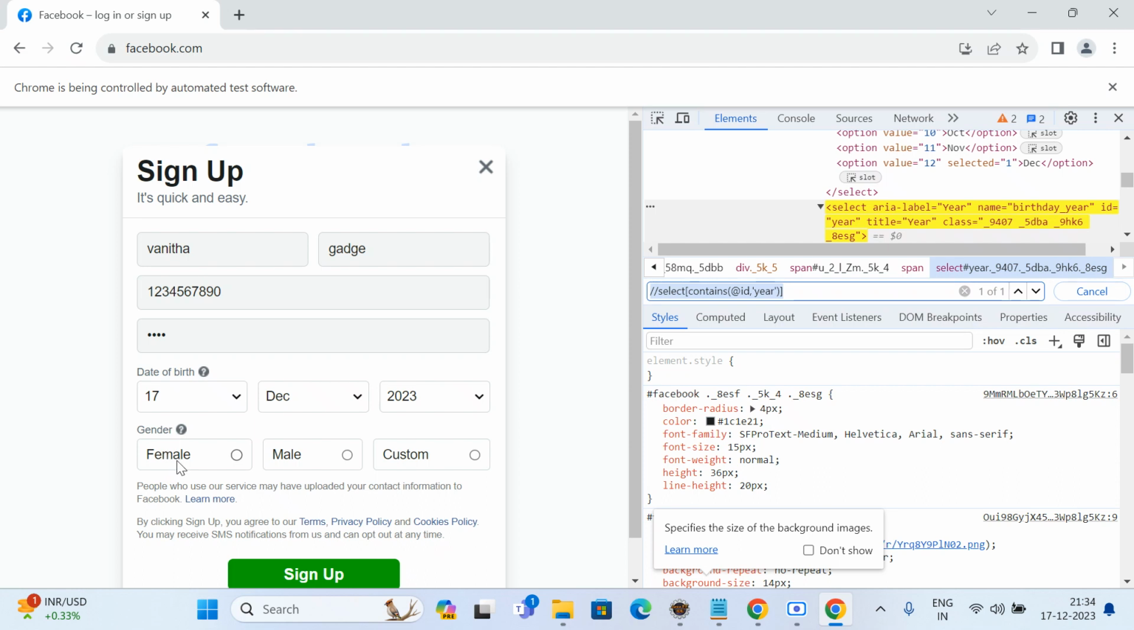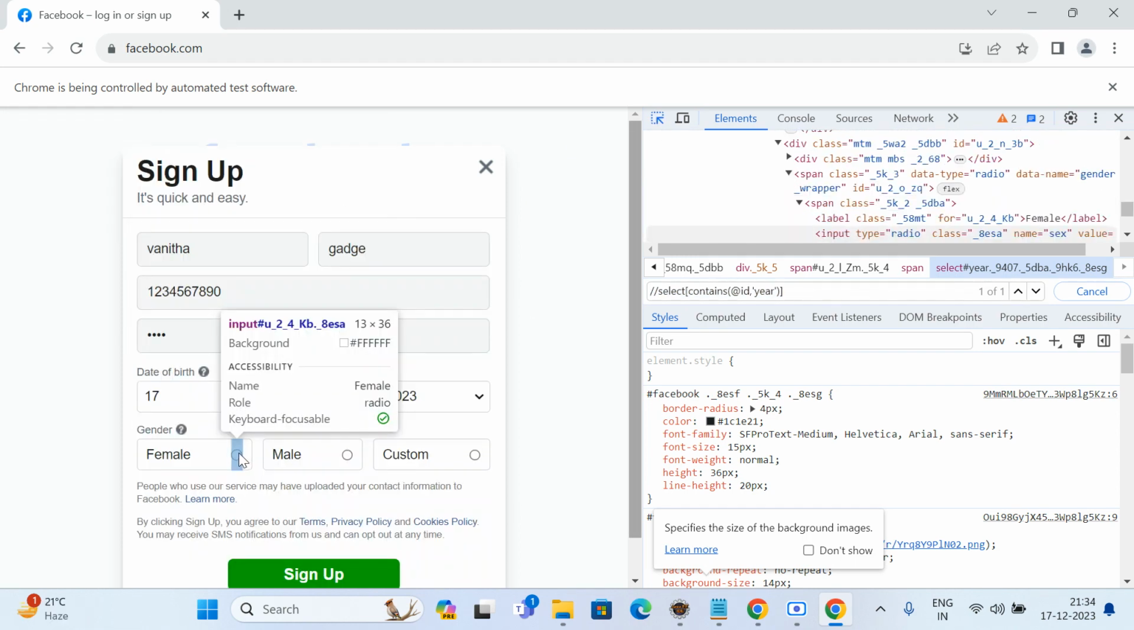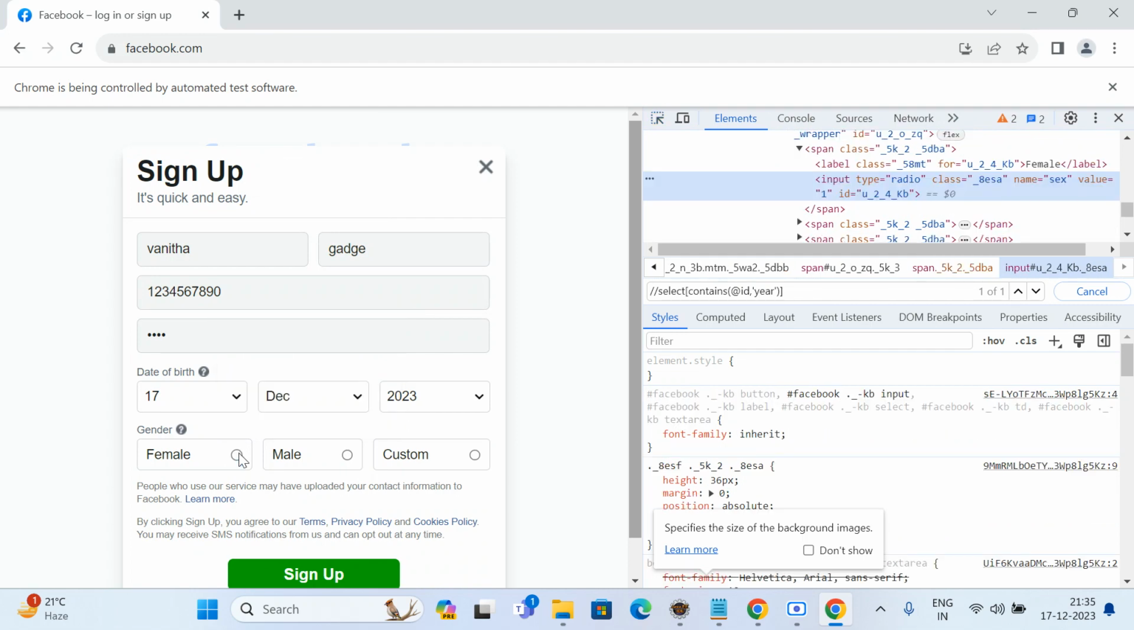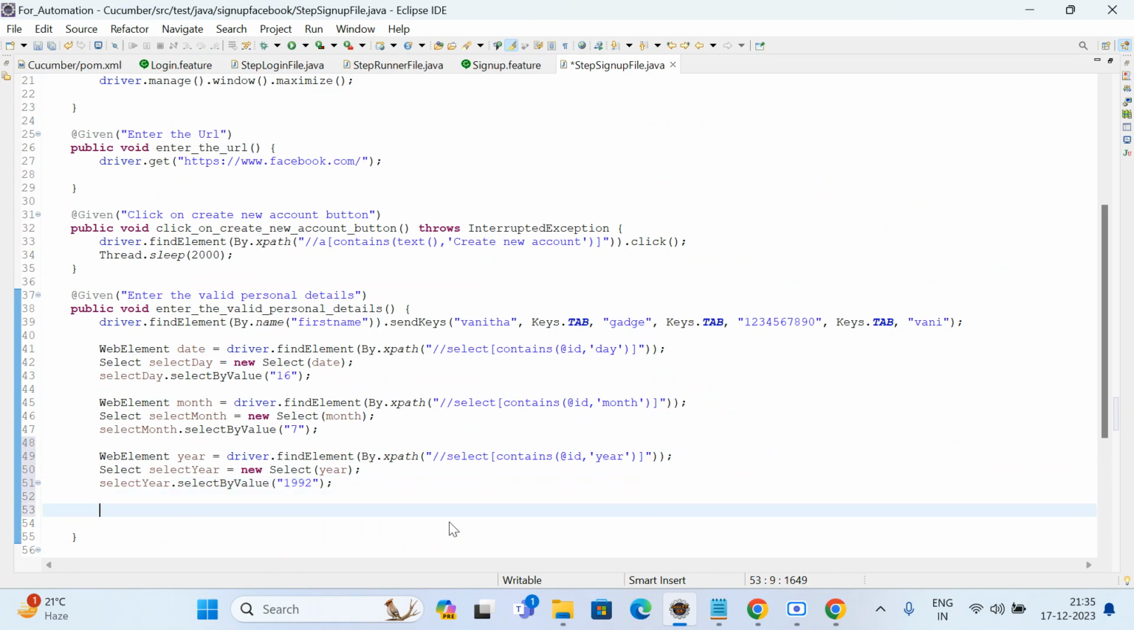So this web element, female or male, you have to select. This is a radio button. Here, once you give this, you have to select. I just enable this inspector and female, right? Okay, so let me go to Eclipse and create the web element. As it is only one, there is no sub web element, so directly you can take the